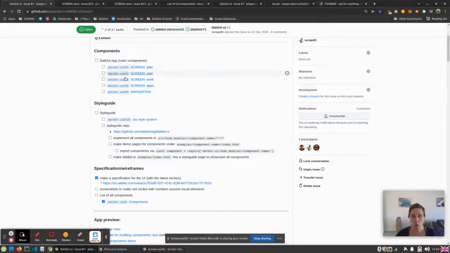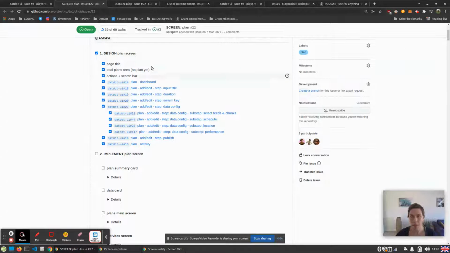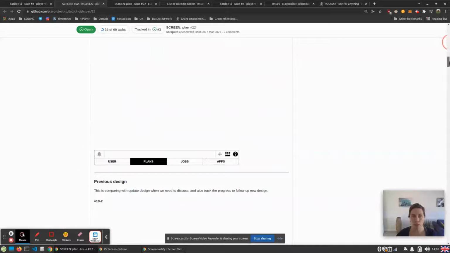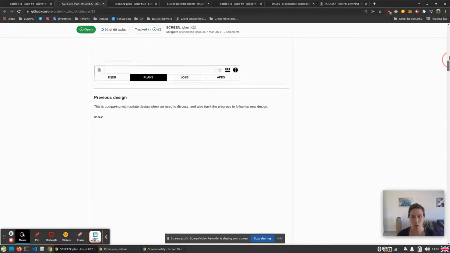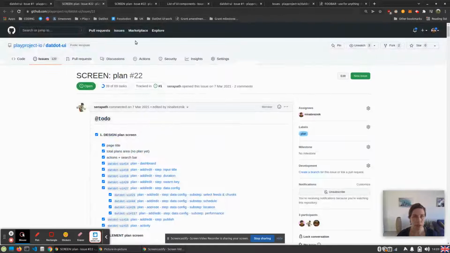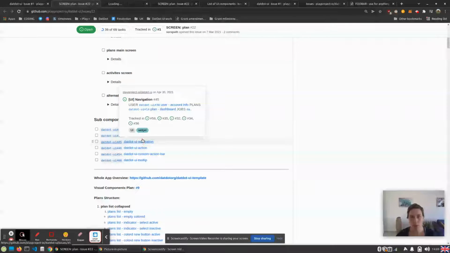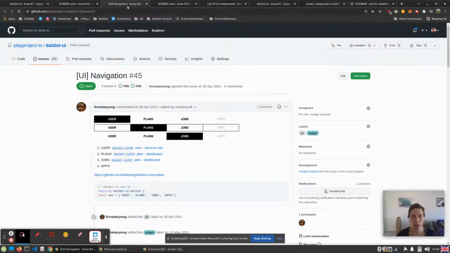So for all of these main components, we now have the subcomponents listed. And I also fixed the broken images here. So we have all these previews working. And if we click further to a certain subcomponent, such as, for example, navigation, we now don't have any subcomponents listed yet. So I have to go through the list of all